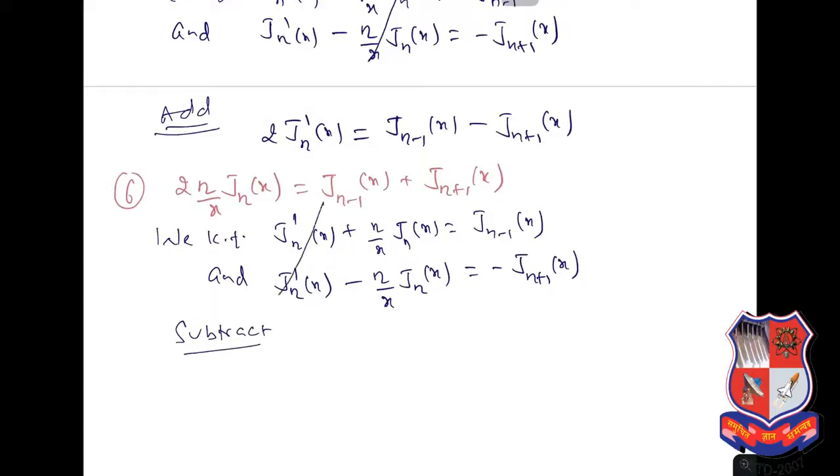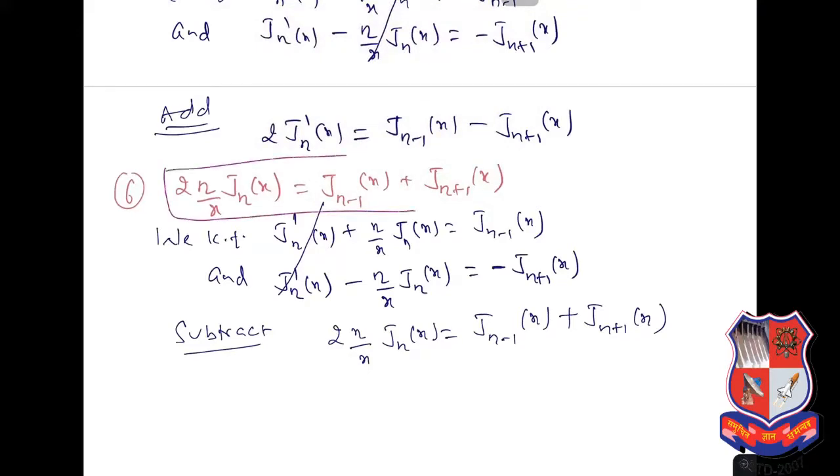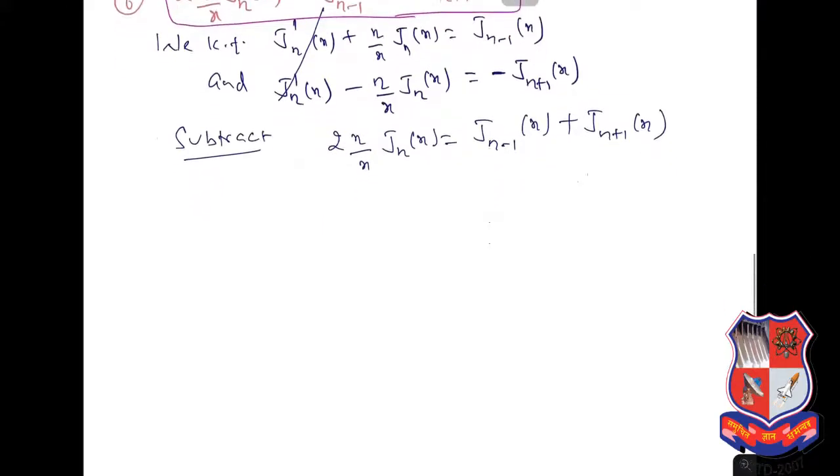So if we subtract, this will be gone. So that is nothing but 2 times, this is the subtraction, so that will be add. So here minus and minus plus sign. So 2 times Jn'(x) equals Jn-1(x), and because of subtraction this will become plus now, Jn+1(x). So that's also a very good result to remember. We have to use it in one or two examples. So these are the properties of the Bessel's function.